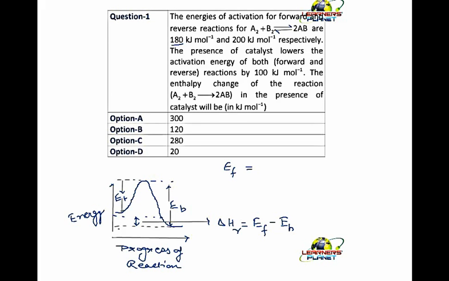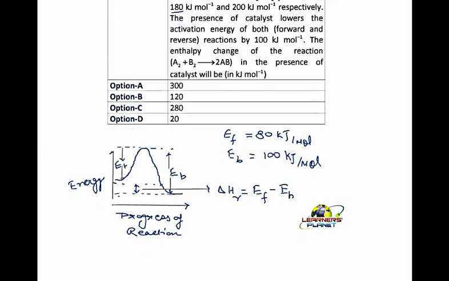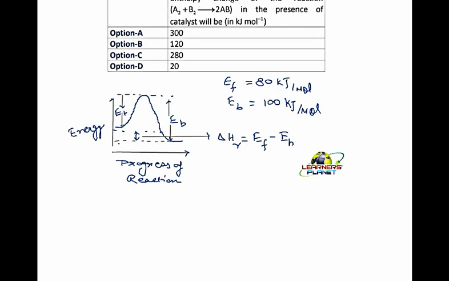The activation energy of the forward reaction in the presence of catalyst comes out to be 80 kilojoule per mole, and the energy of activation for the backward reaction in the presence of catalyst will become 100 kilojoule per mole. Right? So what will be the delta H of the reaction in the presence of catalyst? It would be 20. That is, your delta H is equal to 80 minus 100,